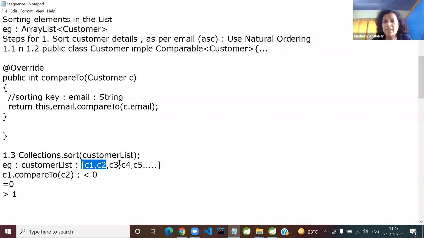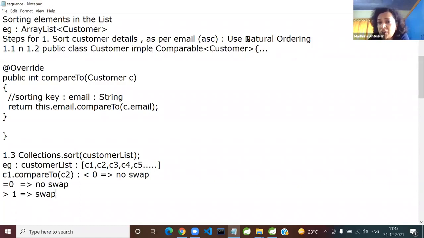Because I want you to realize it based on your ADS understanding. Okay, great. So this is the point I'm trying to make: you don't have to write anything. So I'll mention, this implies no swap. This also implies no swap because it is a stable sort. And here, of course, this will definitely result into swapping of the references. So this is your simple implementation of natural ordering.